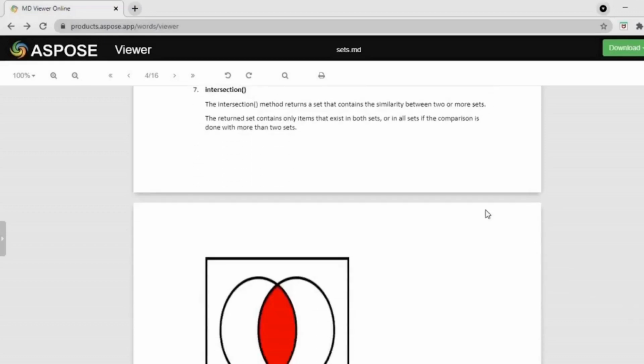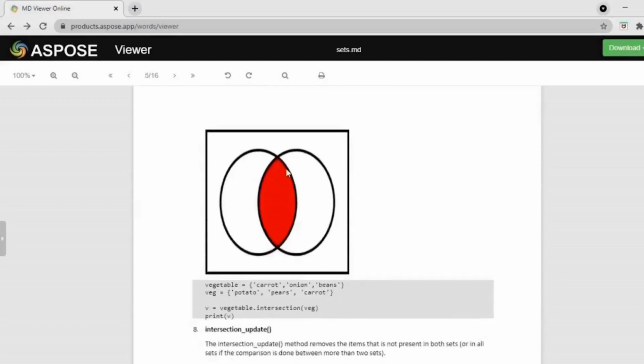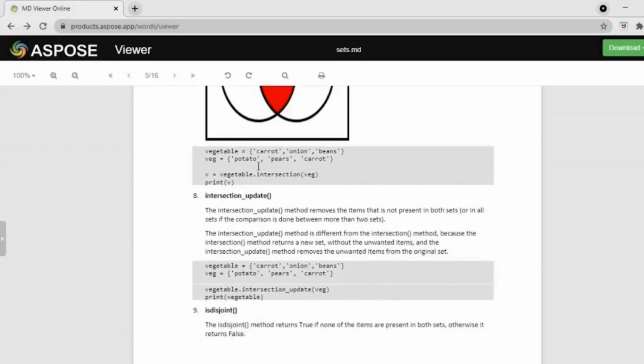Next is intersection. Intersection method returns a set that contains the similarity between two or more sets. So this Venn diagram clearly represents that the elements that are common in both A and B are represented by A intersection B. So in this example, vegetable has carrot, onion and beans.